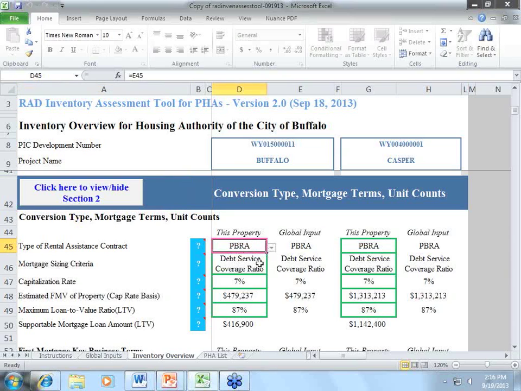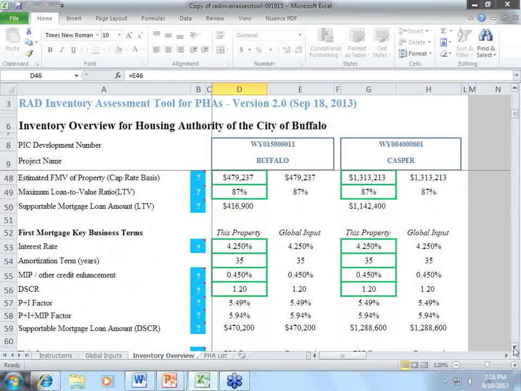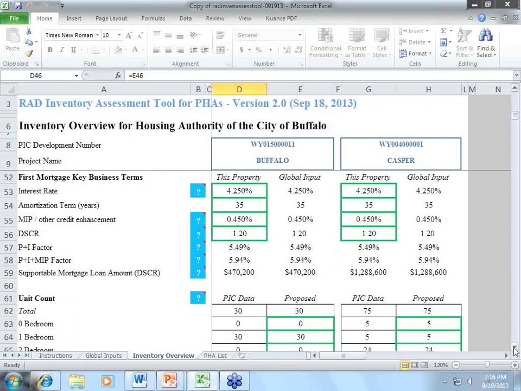So if you wanted to do loan to value or PBV at one project and not do it at the other, you can do it individually. So this allows you to change the what-if scenarios project by project. We'll go down further. It summarizes the key business terms again, and tells you the unit counts for the project as represented